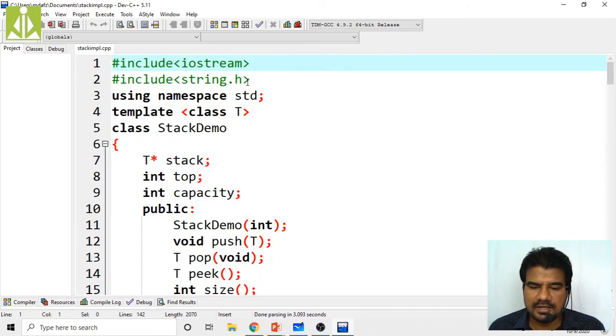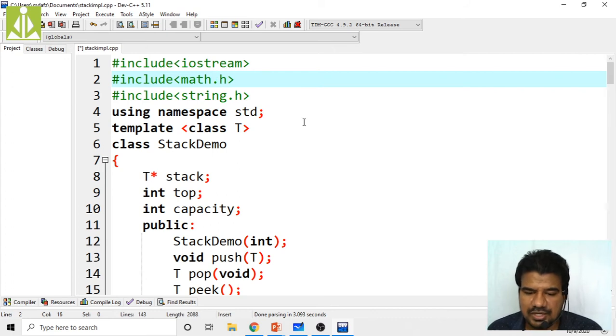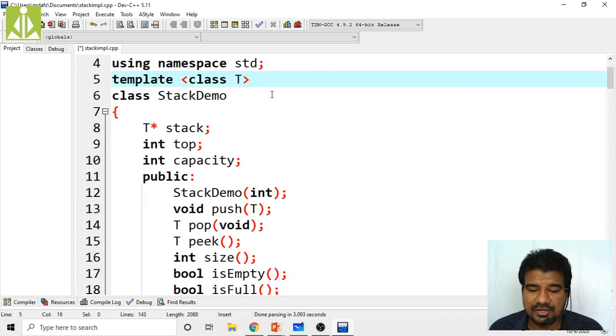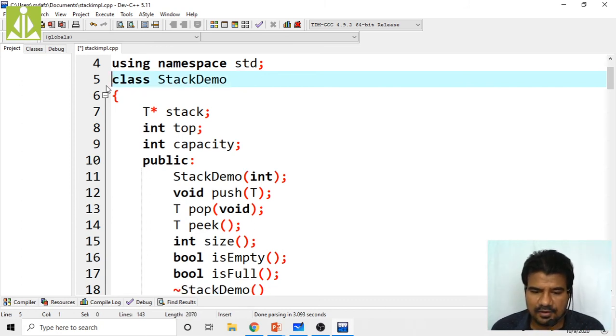Yes, here strings we do need, and this entire thing we do need. And as we are performing mathematical operations like power, we do need math.h. After this, as I told you, I don't need the template declaration, so I'm removing this.